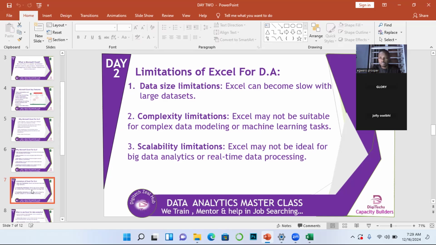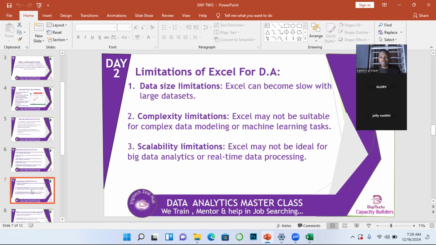That is the maximum record a sheet can handle for you as a data analyst. So take, for instance, you are given a data set that is up to 2 million. You can't use Excel. That is when you involve languages like Python, which does not have any limitation. That is where you involve R. That is where you involve SQL. That is where you involve Power BI. So you can see the reason why today no professional data analyst stops at learning Excel just for data analysis